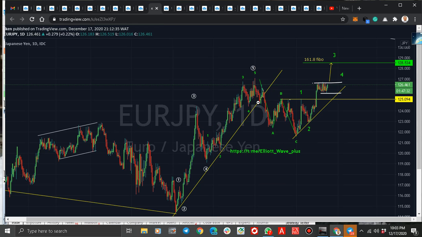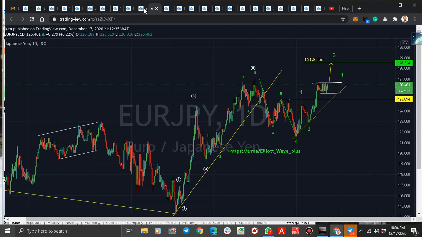You know JPY. Remember this line, it has been there for long. I said if price breaks it, we are buying, and it has broken it. If you haven't opened a buy position, though the year is coming to an end, not a good time to be trading anywhere. But if you must trade, wait for a break of this very line and enter buy. Maybe you take a profit at 128.5.